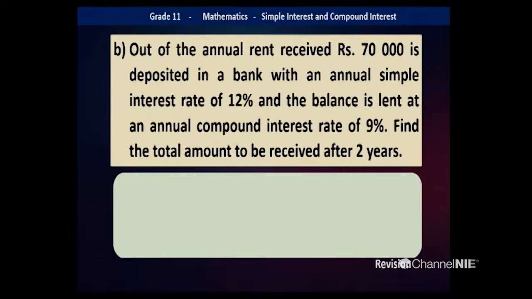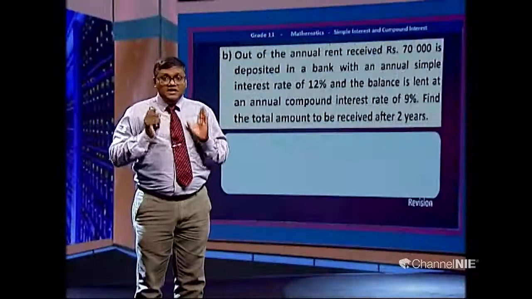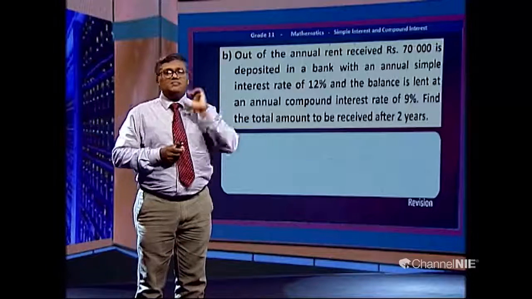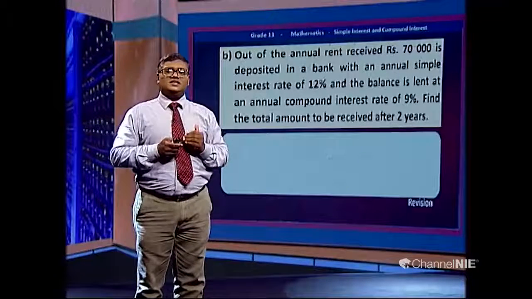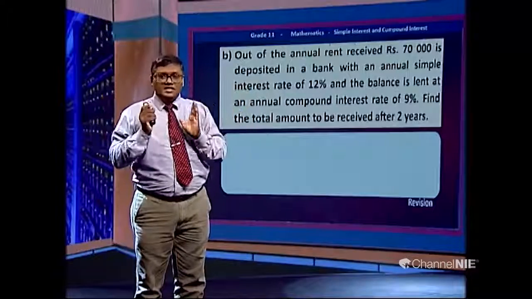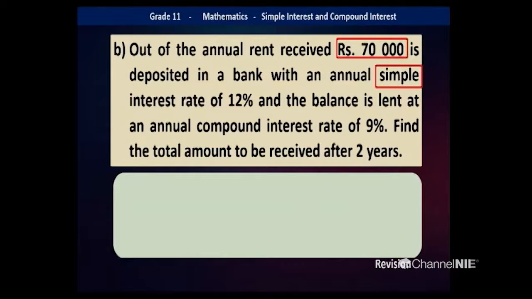Right? Now there are important things. We don't want to jumble the entire question. We will clearly sort the question and answer step by step. They may give a big question, but we don't want to try to do the whole question at once. We are going to do it part by part. Now see, he invested 70,000 at 12% simple interest rate for 2 years. Now these things are very important. That is one part of the story.